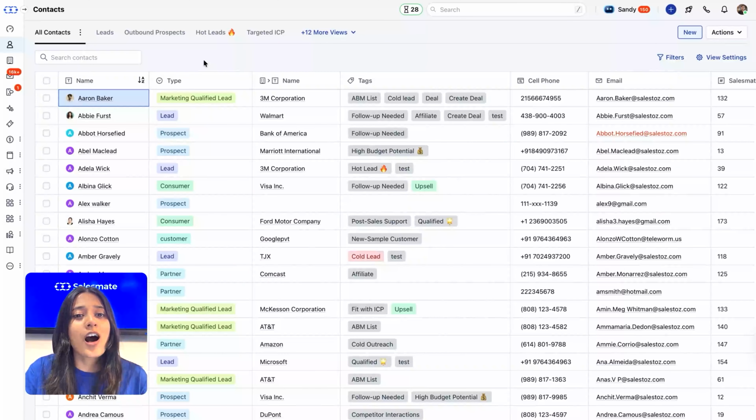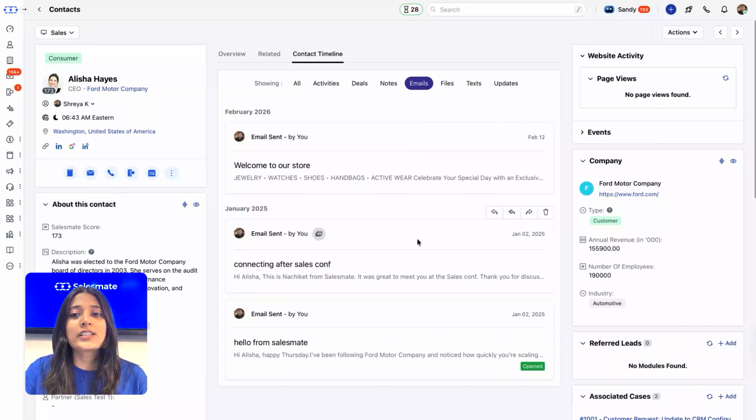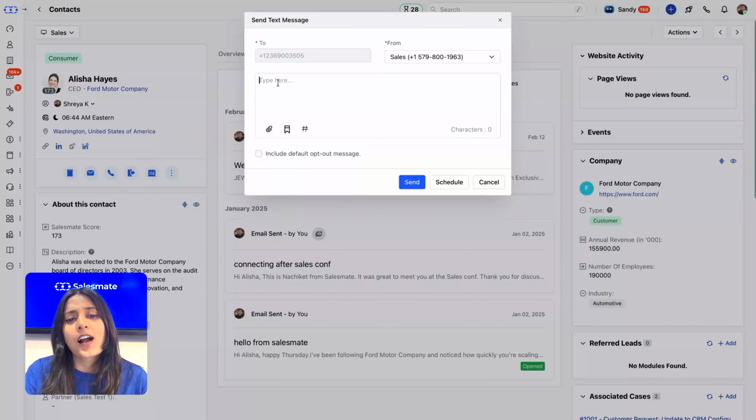Now, let me show you how this works in action. I've got a campaign running, a prospecting sequence with smart flows sending out emails and texts to leads. You can see here, emails are going out, texts are being sent, the sequence is live. Now, I'm going to step into the role of a lead. My name is Alicia and I am going to respond to those texts. So I reply as Alicia, saying, I am interested, tell me more.